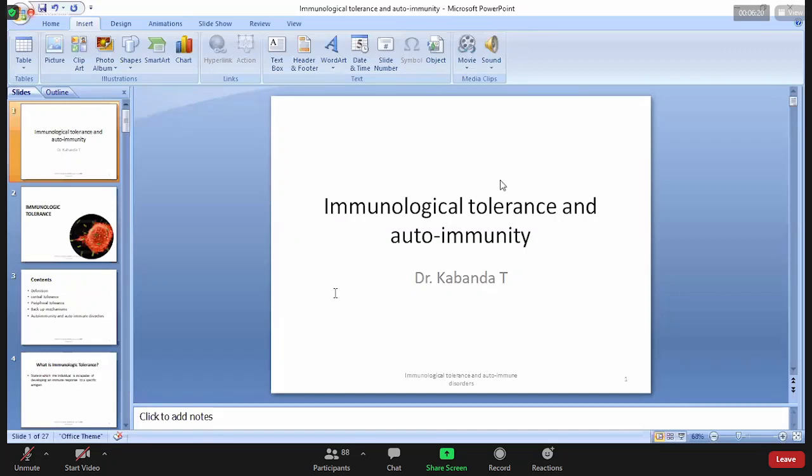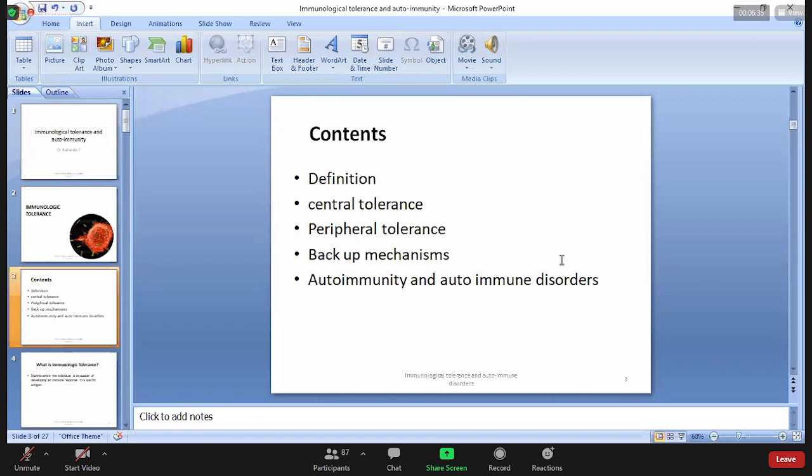So this afternoon, I'm going to talk about an important aspect of immunology, which is immunological tolerance and autoimmunity. I will, of course, begin by teaching you about tolerance. So how does our body ensure that we do not self-react? Because as you can remember, we have disorders of the immune system where you have either autoimmunity, immune deficiency, and then hypersensitivity. I'm sure you've already talked about hypersensitivity, and someone covered immune deficiencies. So now I'm going to cover autoimmunity, which is one of the shortest aspects of immunological problems. But I'll start by covering tolerance